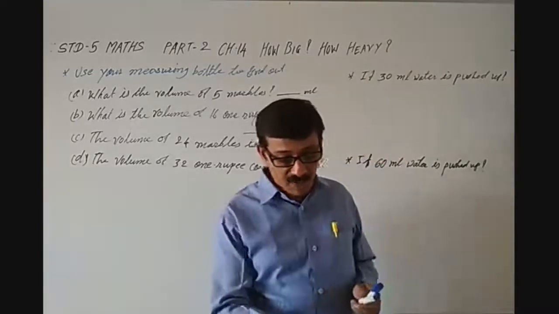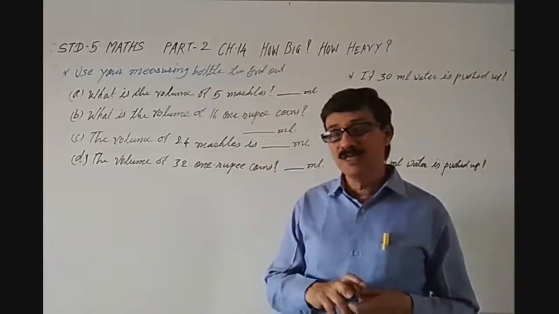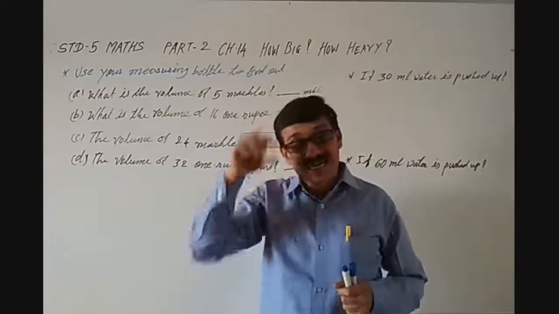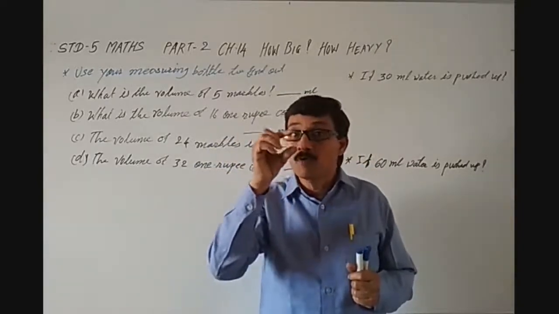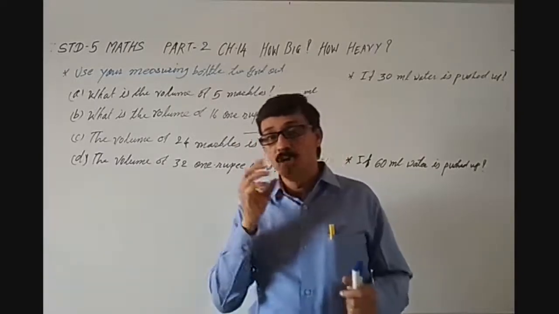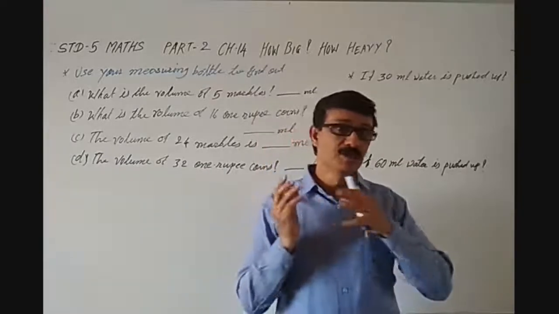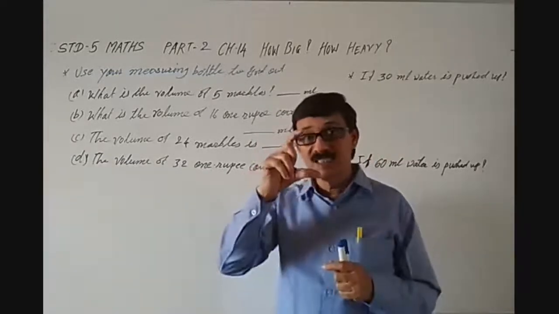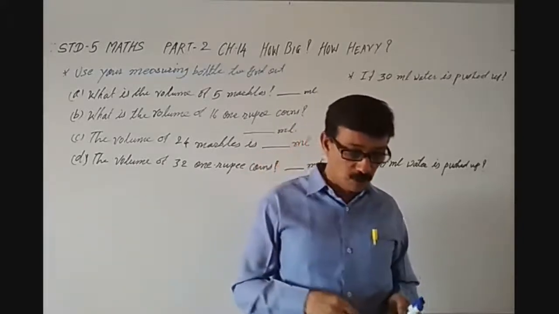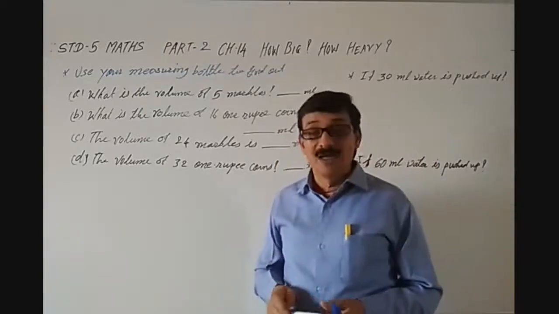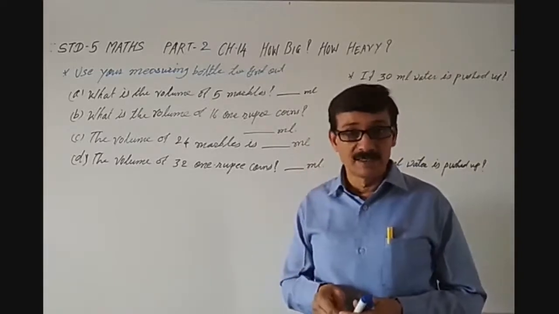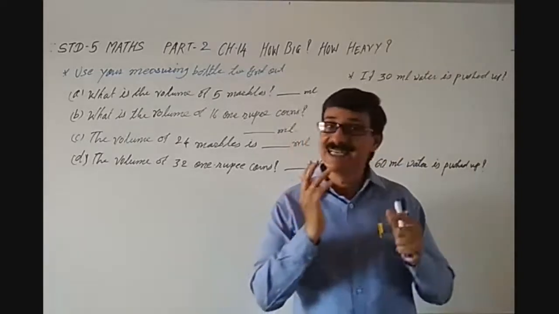If you don't have that measuring bottle, then you must have found a syrup bottle. On that there is a cap. In that cap also you will find 1 ml, 2 ml, up to 5 ml measured, from 0 to 5 ml. So anything you can use. You may use a syringe, the cap of the syrup bottle, or a small bottle. Now what to do? Take that bottle and put the marks on it, and prepare your measuring instrument.